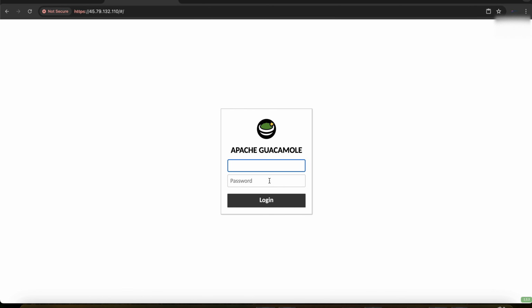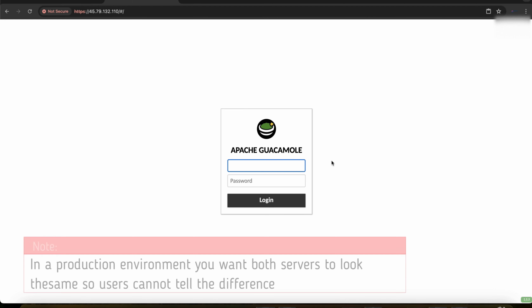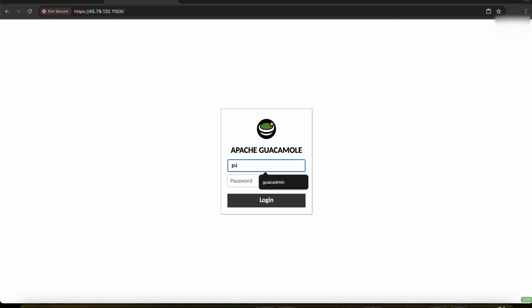I changed the branding on here to look different from this one. The reason I'm doing that is so we can tell the difference between both of the servers, so every time we do the round robin connection, we can tell if we are working on server one or server two. So now that we know that those work, we're going to log in here as Guac